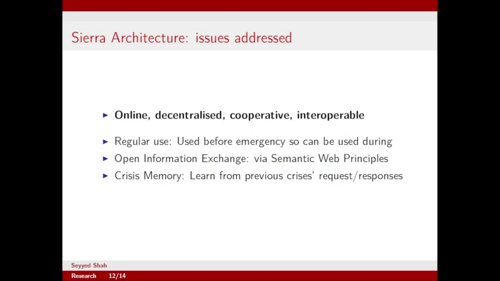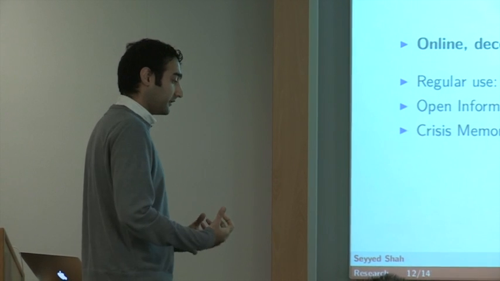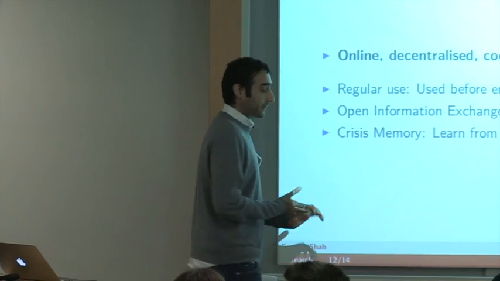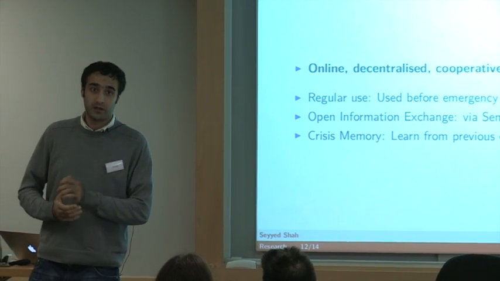Right. So some of the issues that we've tried to address with this is to make an online system which is decentralized, so you don't have a single server sitting somewhere as a bottleneck or point of failure. It's cooperative, so independent organizations can work together without giving up any control of what they're in charge of. And it's interoperable, so you could use this with your existing systems and a small layer of compatibility that will let you reuse existing resource management systems with this